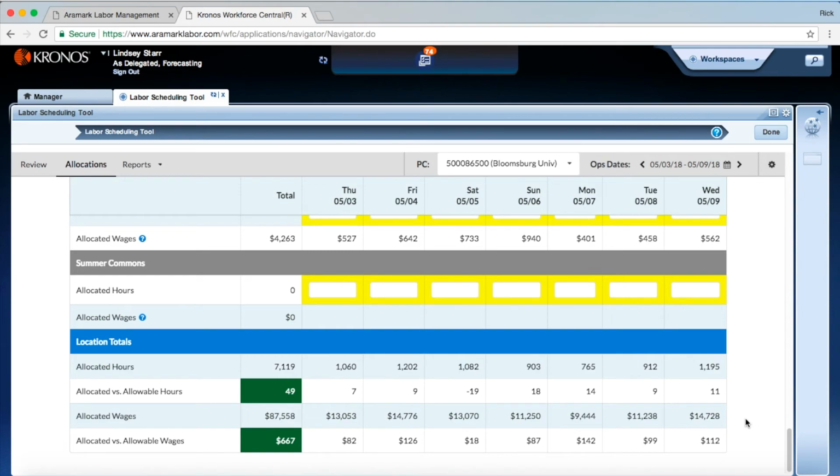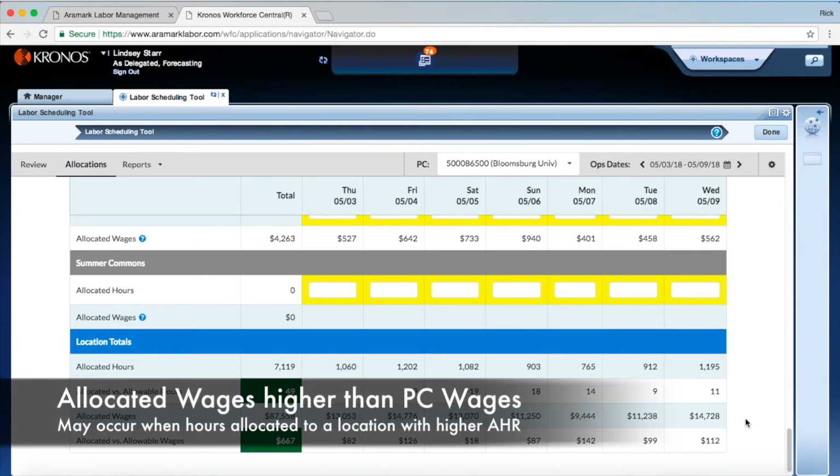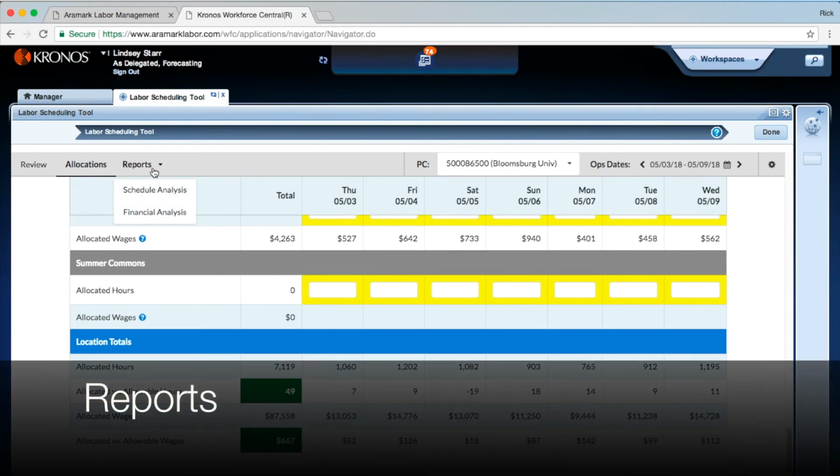Review the location's totals for the allocated hours and wages schedules will be based on. Additionally, review the comparison metrics illustrating the variances between allocation, allowable, and plan values. Note, allocated wages may be higher than Profit Center wages, where location hours and Profit Center hours are the same, if hours were reallocated to a location with a higher average wage than the historical location the hours were allocated from. Access the Reports section for the selected Profit Center by selecting the Reports link